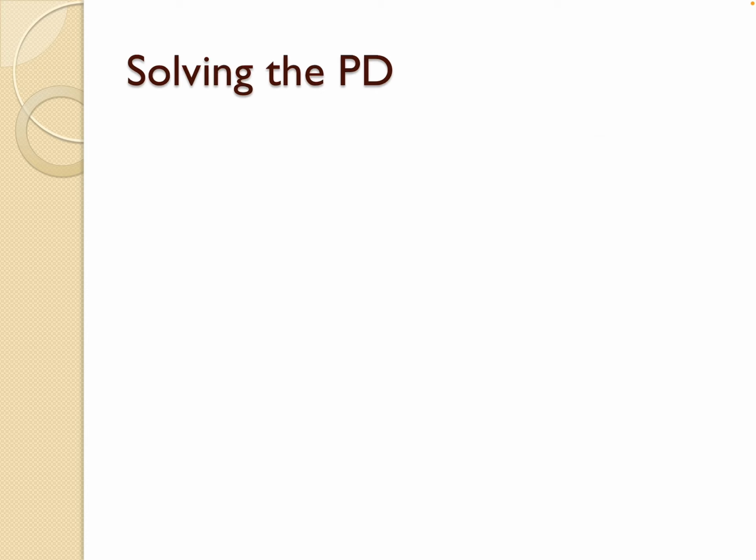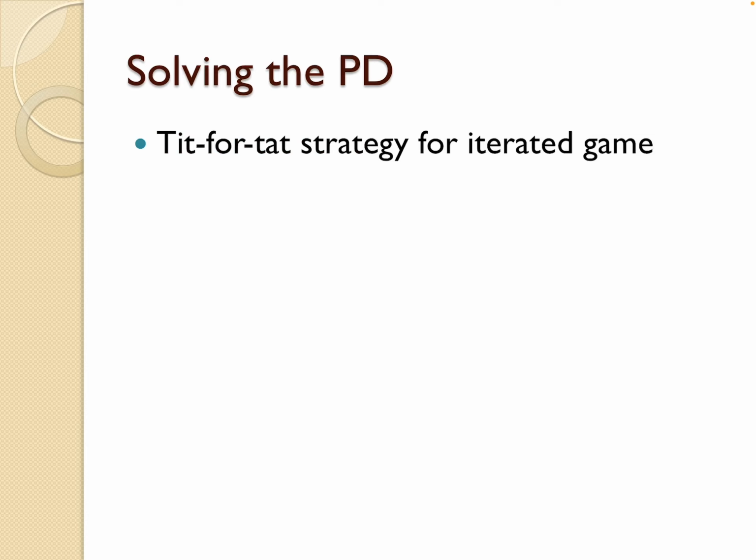And it turns out that there was one strategy that they put in these computers, and they ran this game thousands and thousands of times, two strategies against each other. Which strategy works the best? And it turns out that one strategy works way better than all the rest of them. It's something called tit for tat, the tit for tat strategy for an iterated game. If you do this strategy, it doesn't matter what the other guy does, you're probably going to be better off than any other strategy that you could do.